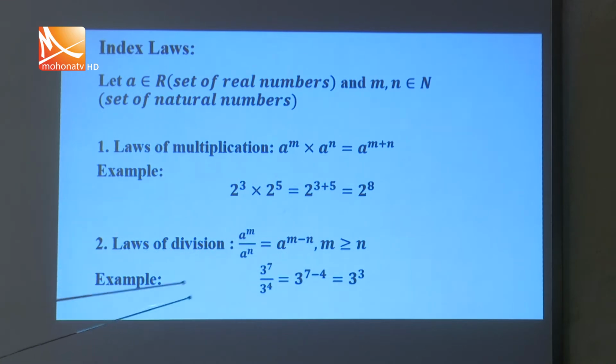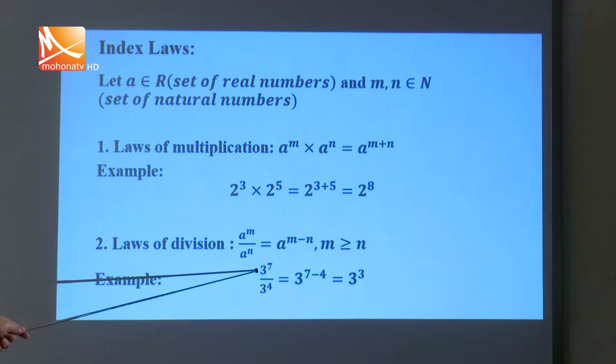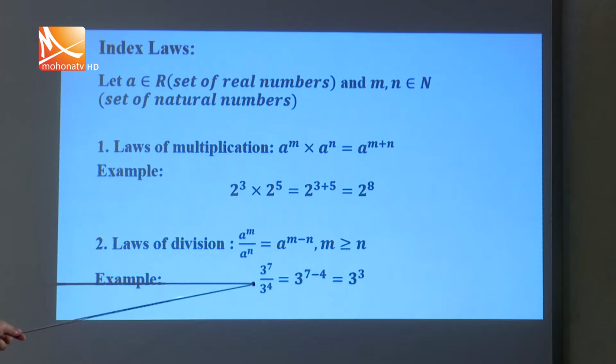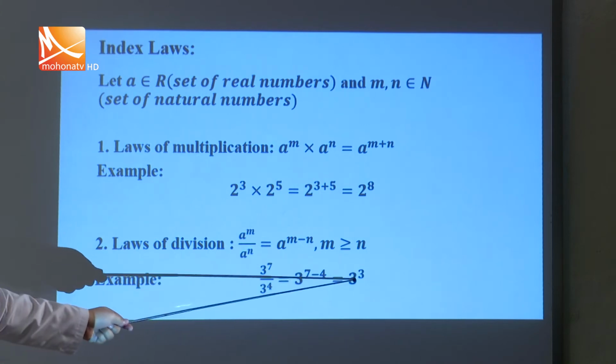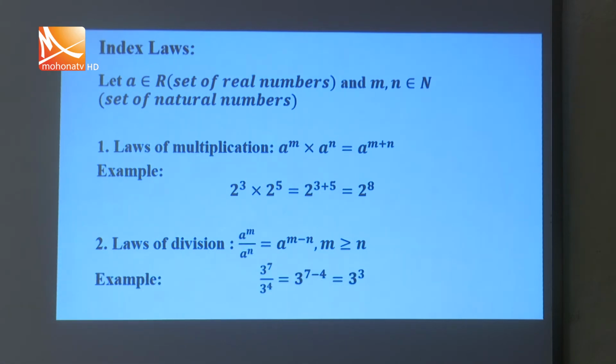So, let us see an example here, 3 to the power 7 divided by 3 to the power 4. So, this base 3 and 3, they are same. So, we have to subtract their power, that is 7 minus 4, we will get 3 cube. Let us see our next